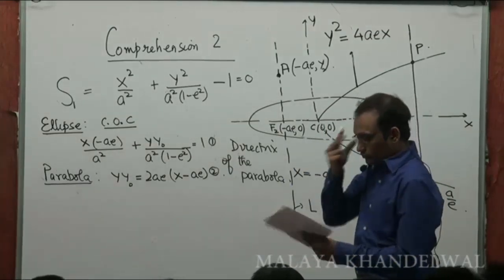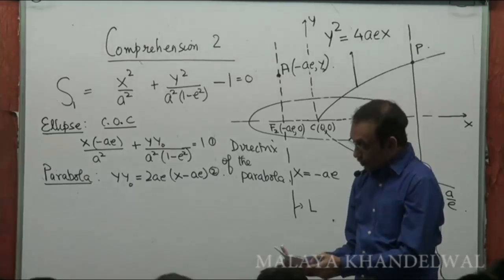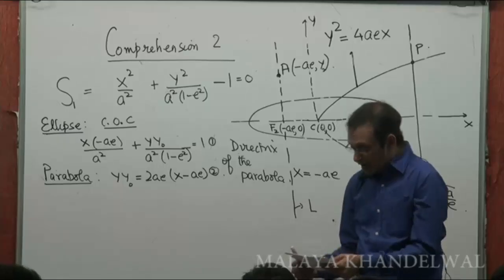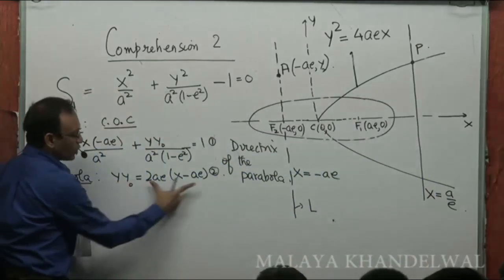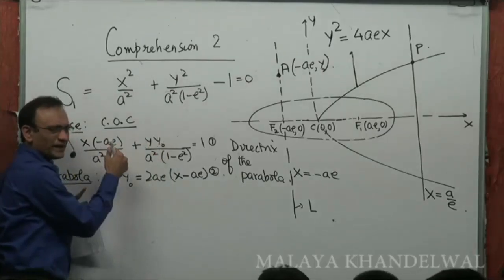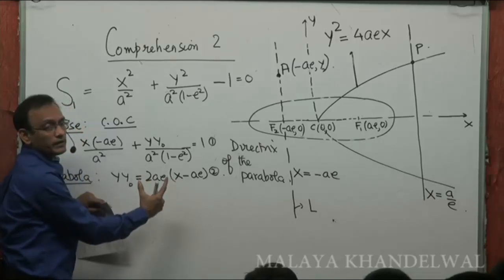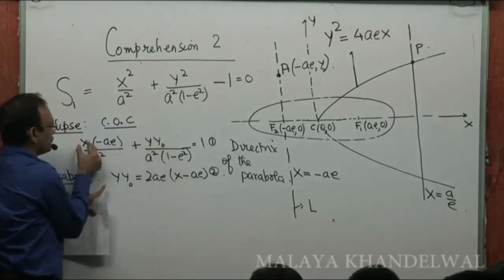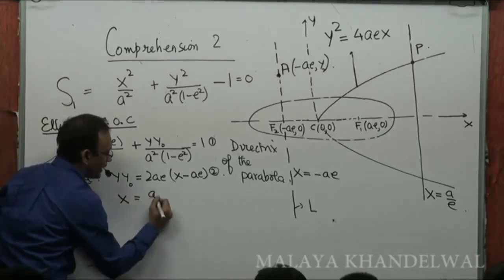Now, what is it that we are trying to do here? We are trying to find the point of intersection of the chords of contact. In this case, what you can do is take the y naught that you have obtained here, plug into this and solve for x. Have you done that? How much does it turn out to be? A by E. So if this y naught is plugged into this, and you solve for x, then as Sumek suggests, x turns out to be A by E,